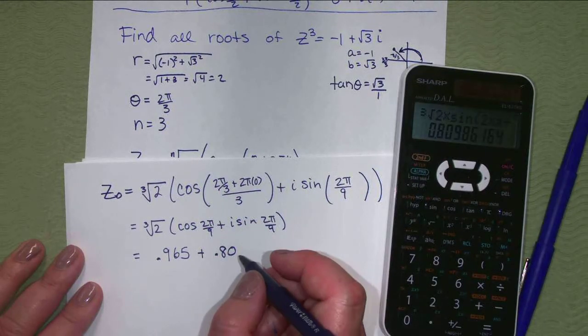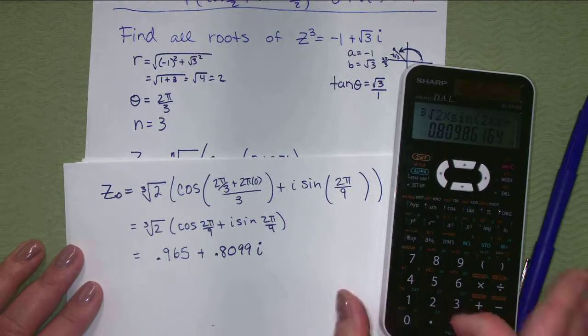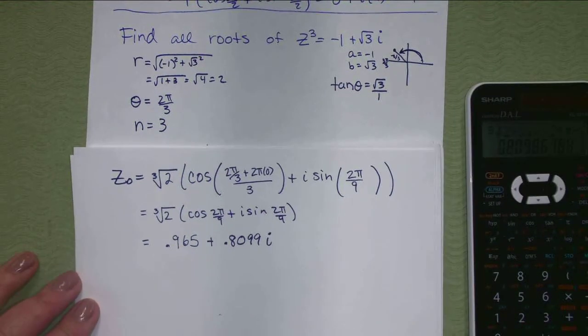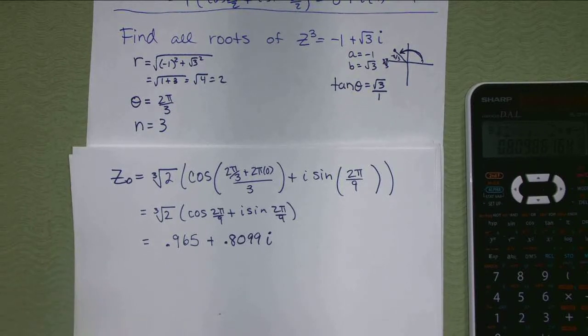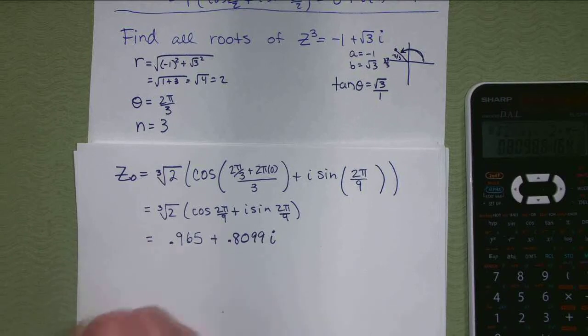0.80986. Where am I going to round up here? I'm going to put 4 numbers. Okay, 3 or 4, doesn't matter. So that's our first one. Z1,